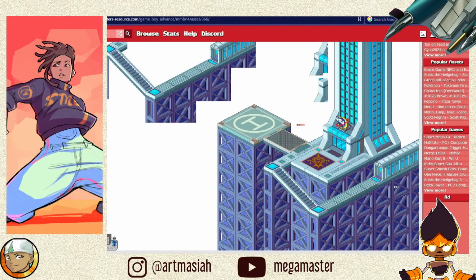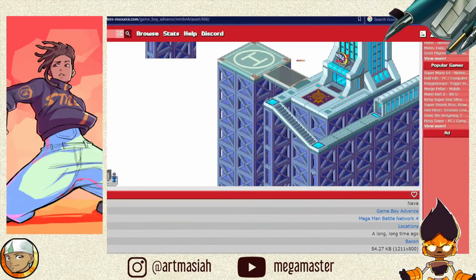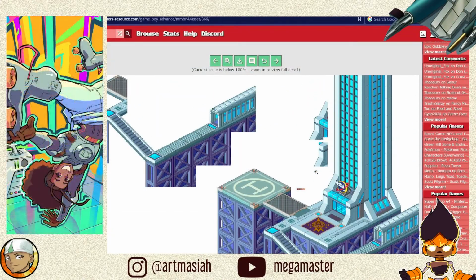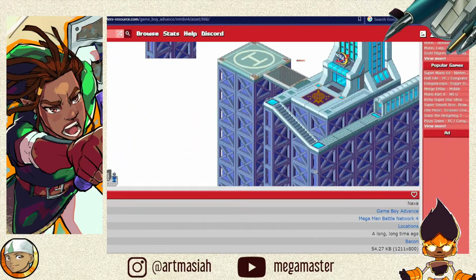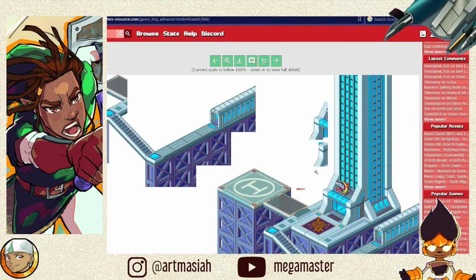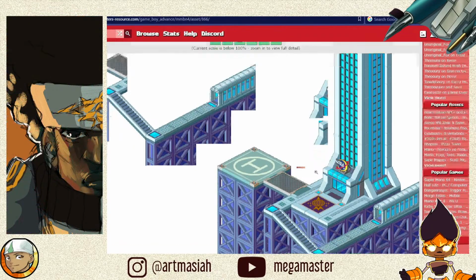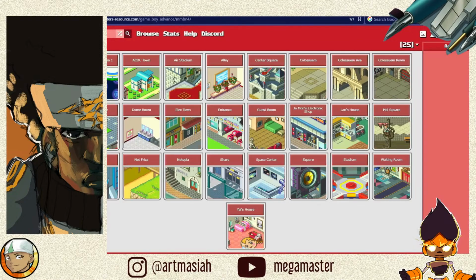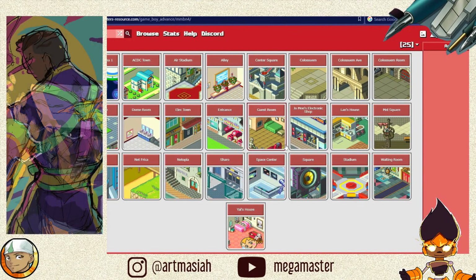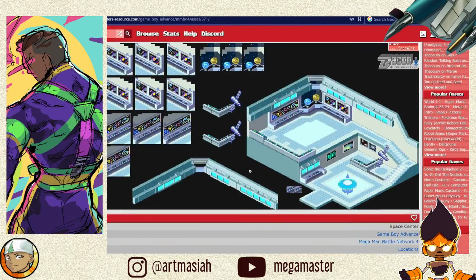Actually, this is a really cool sprite work right here. I'm kind of curious if I'll be able to make use of this in my page or not. That's really cool. This Space Center is really cool as well.